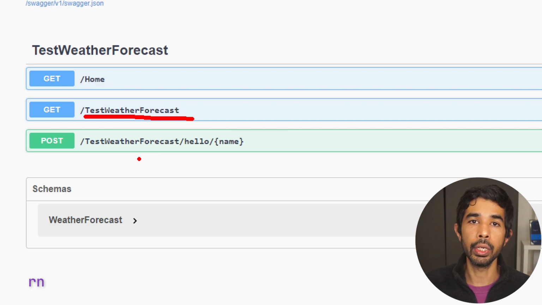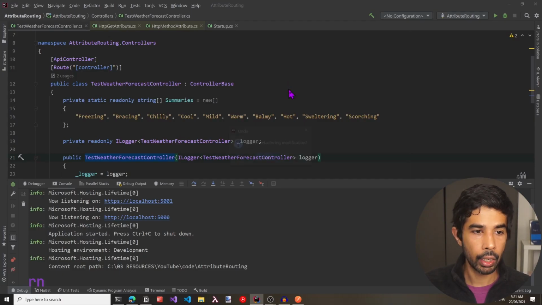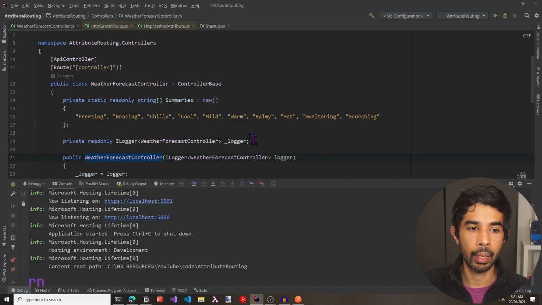template. Now you need to be careful when renaming classes when using tokens. This is because it's also going to change the route templates and it's going to affect the other applications that depend on your API. So let's navigate back and undo this change for this rename that we just did.